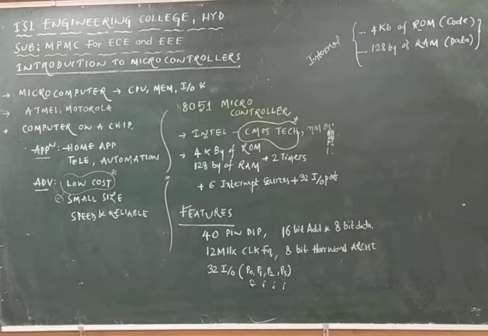How the microcontroller will control the devices which are connected to it, we are going to discuss all these things in the fifth unit. The first 3 units are with the 8086 microprocessor, and the fourth and fifth units are for the microcontroller and its interfacing with the input output devices.